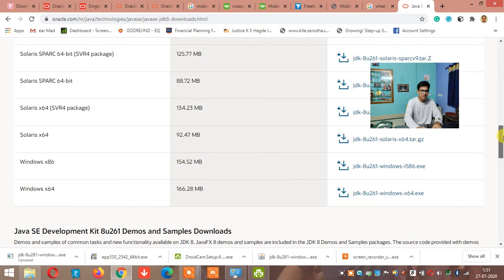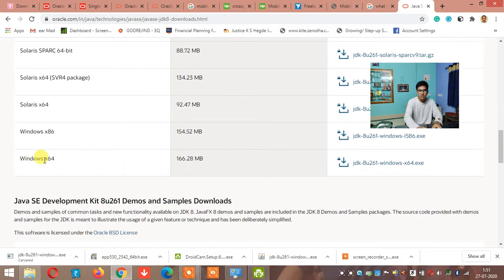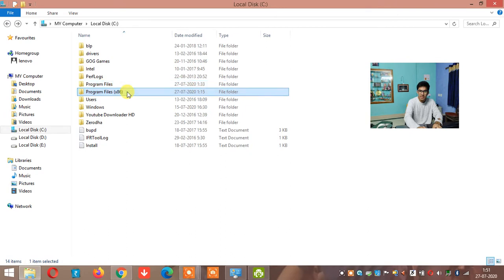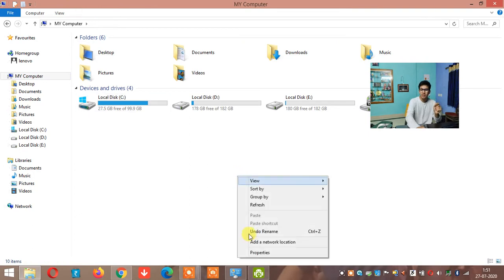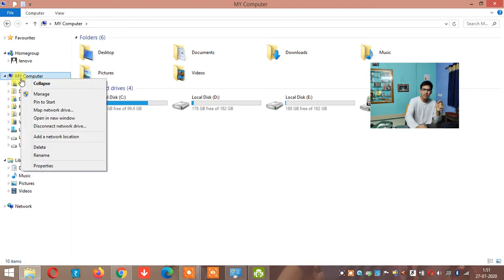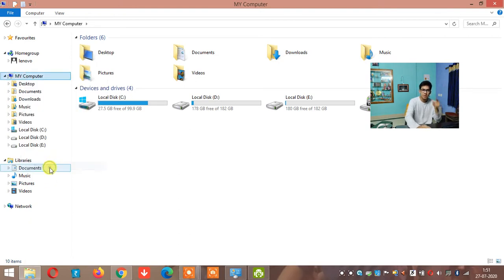And this one is for Windows. Now for Windows, is it x86 or x64? Which one should I download? Most of you have a doubt. Don't think that the x86 folder means your system is x86. What you have to do is go to My Computer, and if you want to know your hardware details, right click on My Computer and click Properties. You can click Properties here, or come here and right click on My Computer, click Properties.